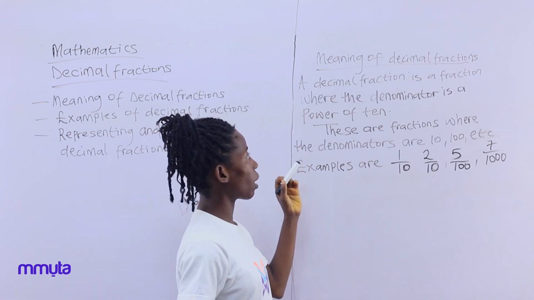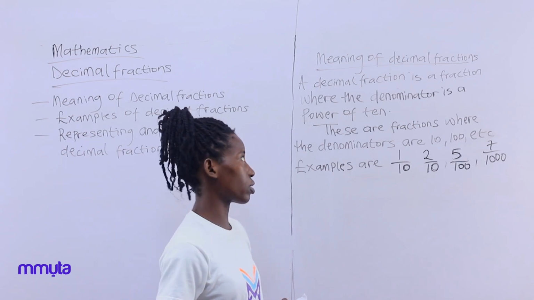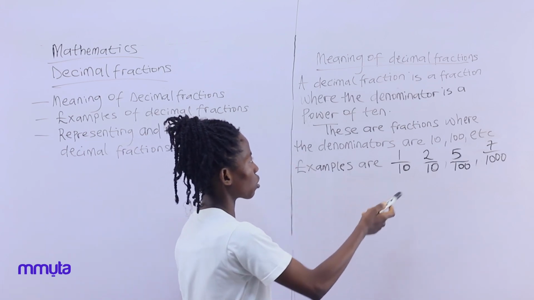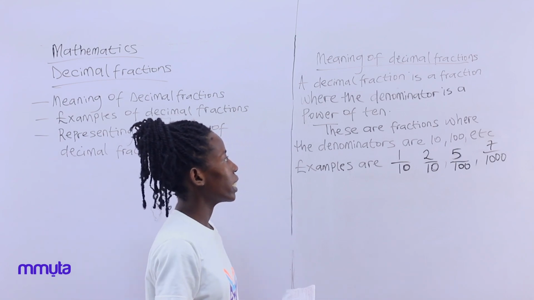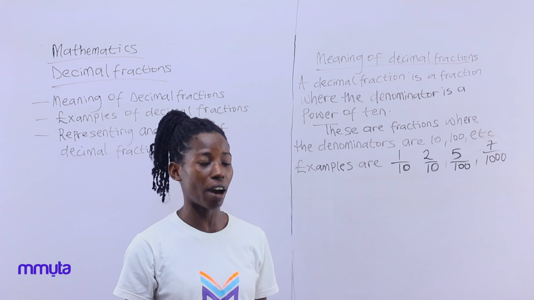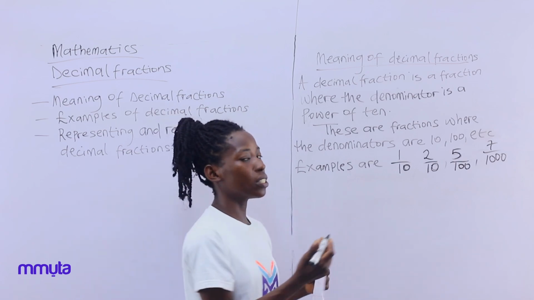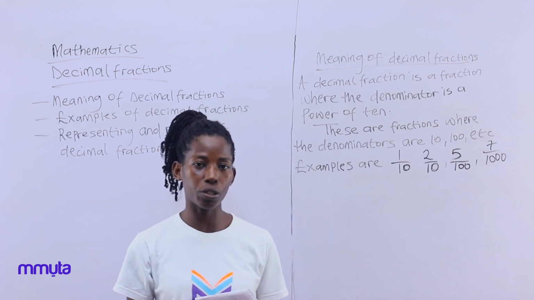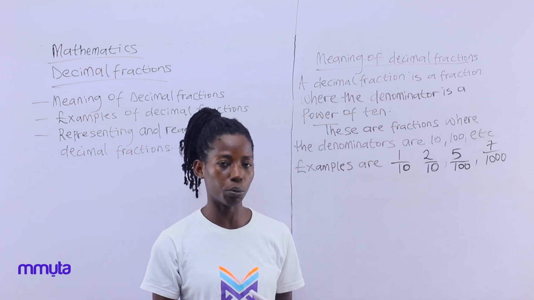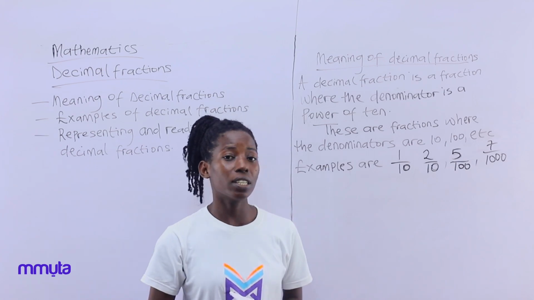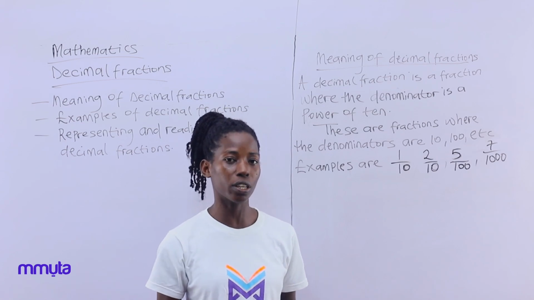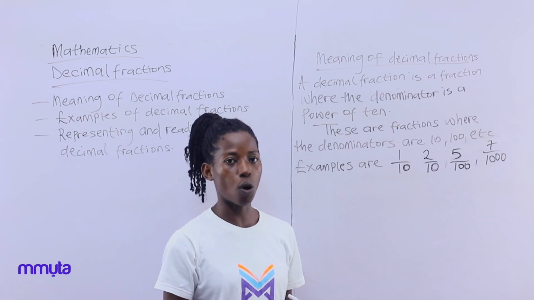So first of all, let's look at what decimal fractions are. A decimal fraction is a fraction where the denominator is a power of 10. Remember, I told us that in a fraction you have parts. The number above the division line is called the numerator, and that below the division line is called the denominator. Now, for a fraction to be called a decimal fraction, the denominator must be 10 or a power of